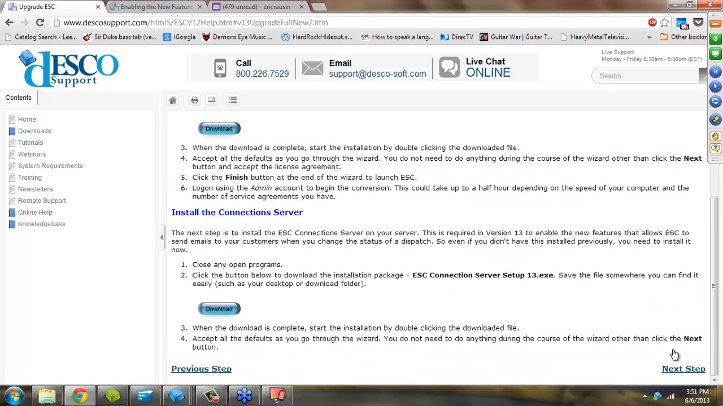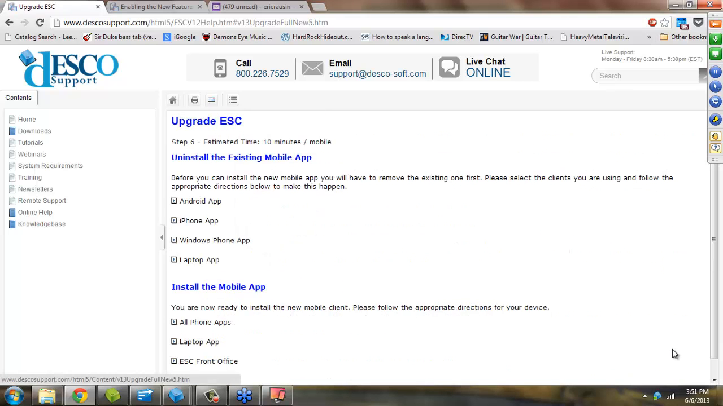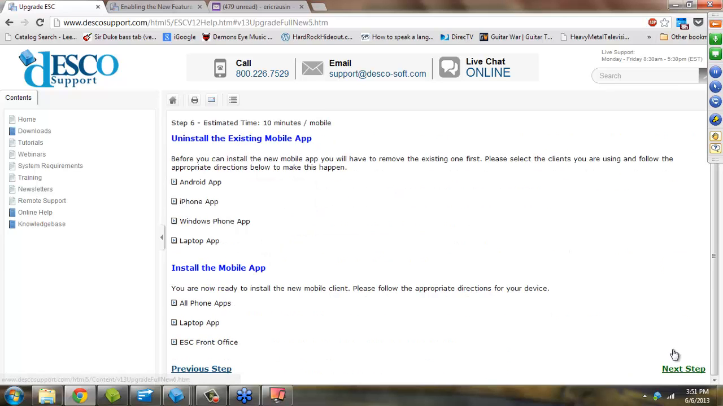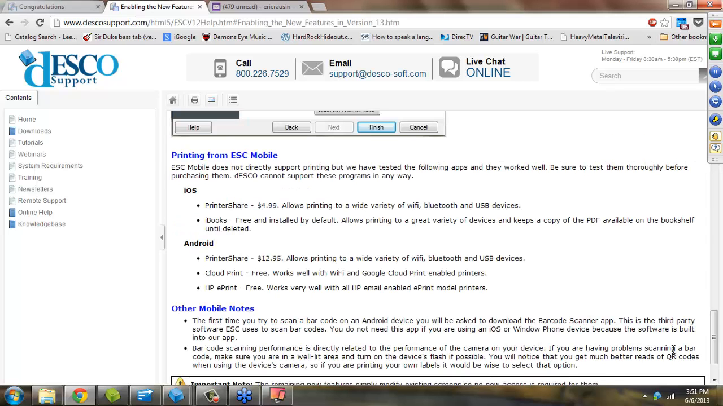And then at the very end of that process, it's going to talk about one thing here that I want to mention before we go ahead and turn the floor open to questions, which is enabling the new features in version 13. This is a critical thing that I'd really like you guys to take a look at. It talks about these printing things that I was talking about earlier, but it also shows you how to do